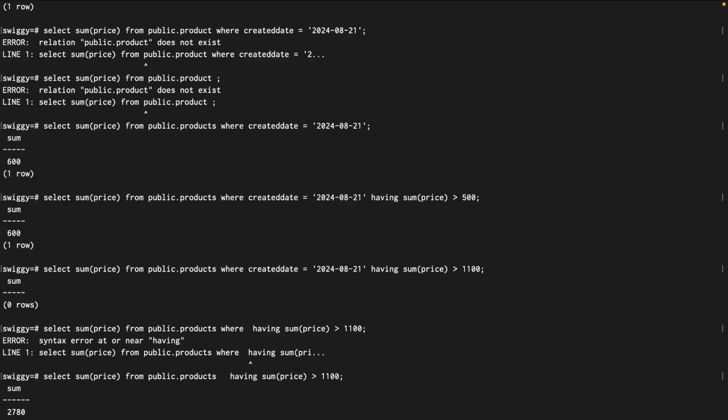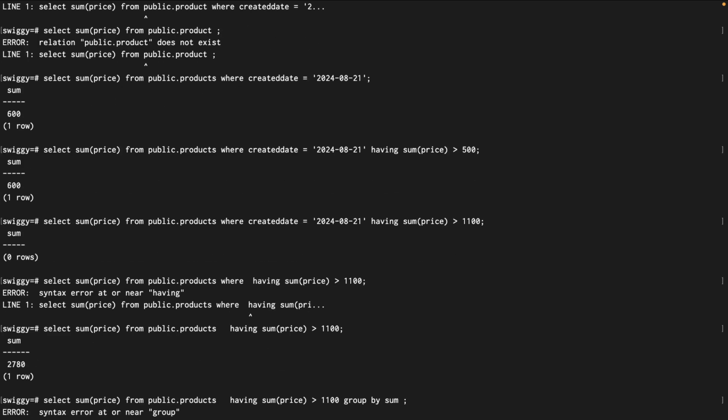So if this is the thing, right? If I try to group by sum, why is there an error? Because the thing is, for group by, the sum is not present. Sum is here, right? Sum column will be